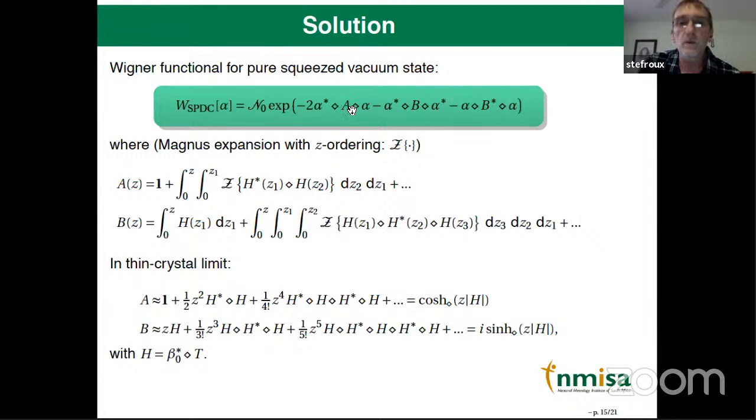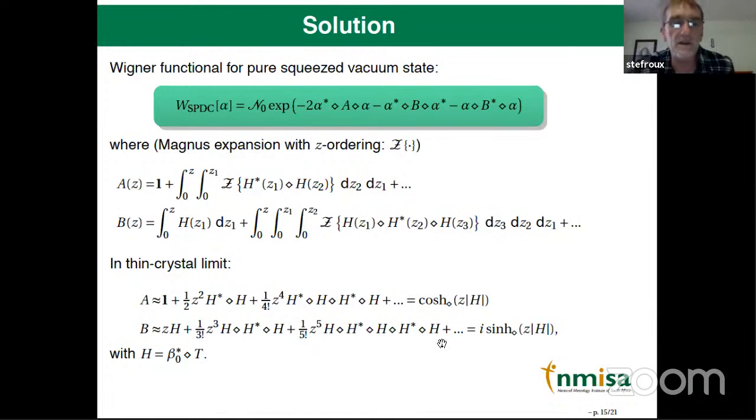So in the argument, we have A and B, which are the kernels. And what we're going to do is assume that we can use a Magnus expansion for this term. And so these kernel functions become sequences of contractions of these H's. And the H is simply the bilinear kernel that I get when I contract the classical field for the pump on the vertex. And so you can see I get all these sequences of more and more contractions. This Z is just a Z ordering, which has to do with the Z arguments here.